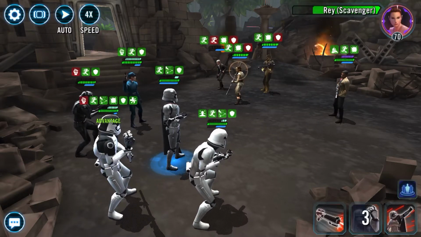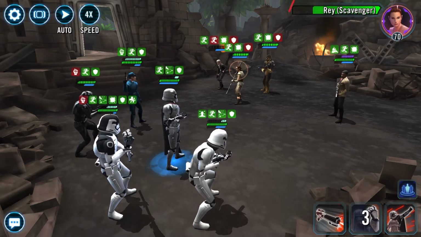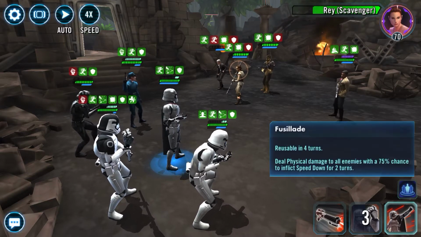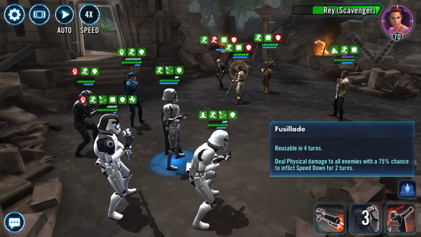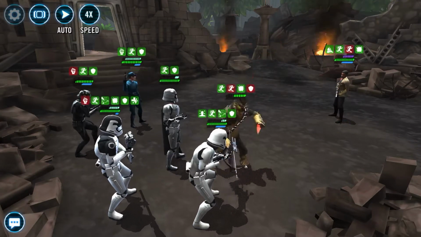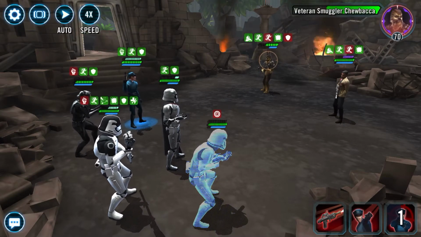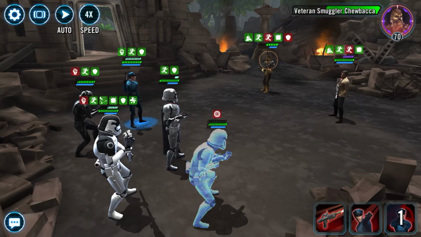So once BB-8 goes down, you're going to be looking to take down Ray. In this case here, we can use the special to deal physical damage to all enemies with a 75% chance to have the speed down, which we want to keep them slow so they're not hitting us. And as you saw, this round is going pretty well. You normally take out Ray, and then you're going to take out